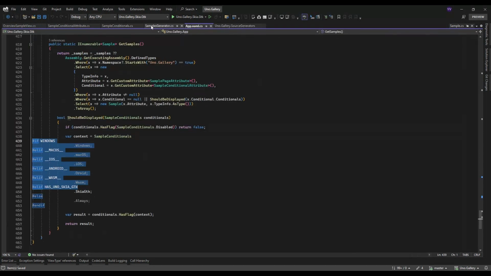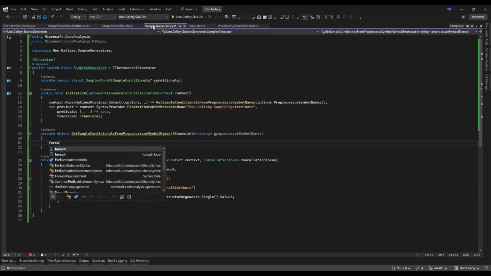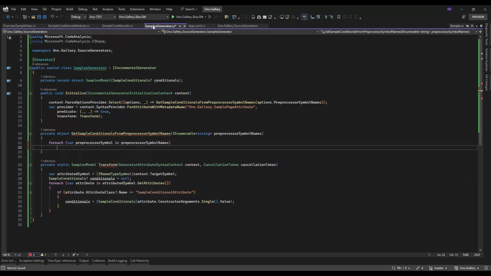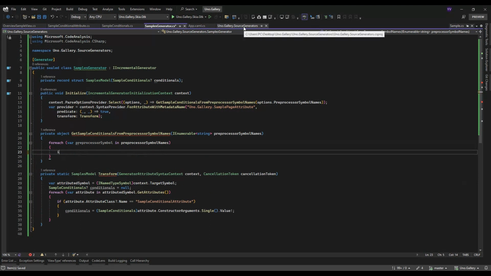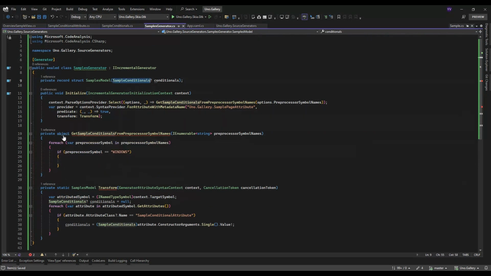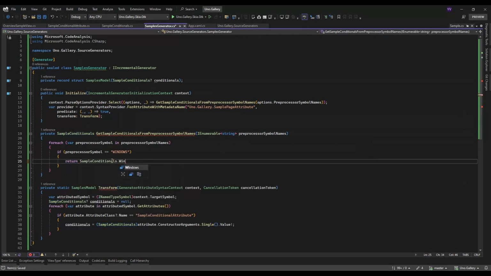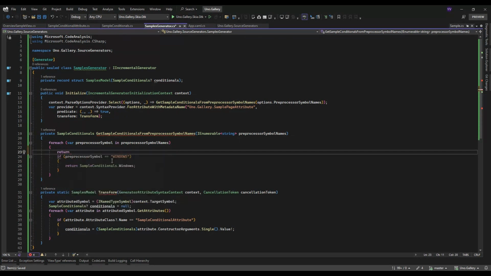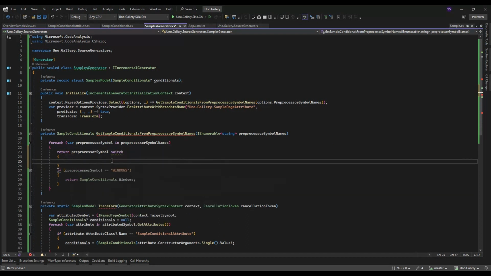So what we could do is just loop over them, and if preprocessor symbol equals Windows, and this should be a sample conditional, then just return directly Windows. Could go with this switch. That sounds better. Sample conditional dot Windows,